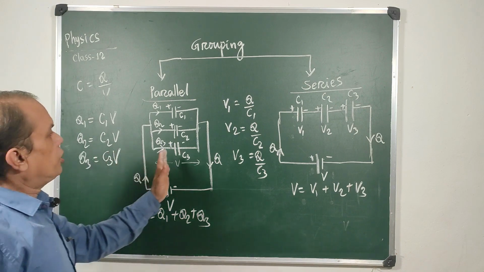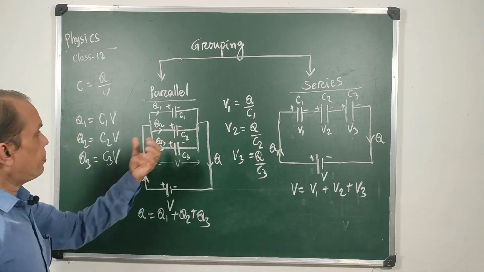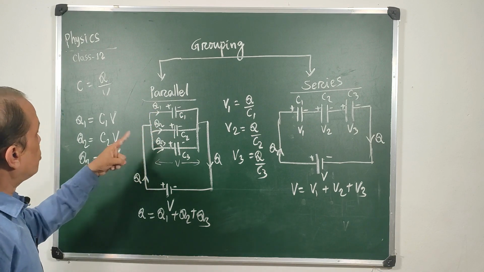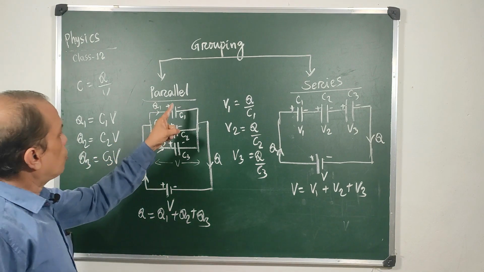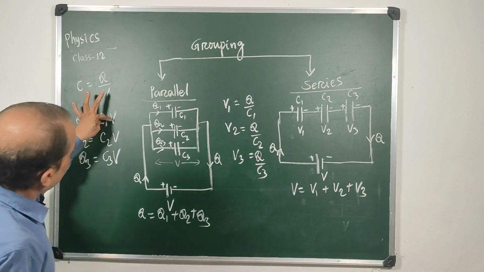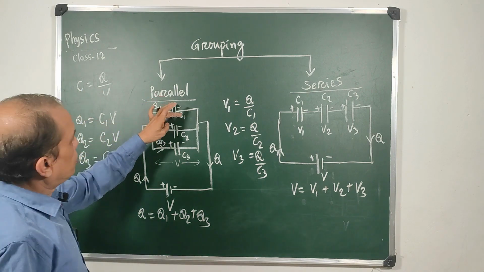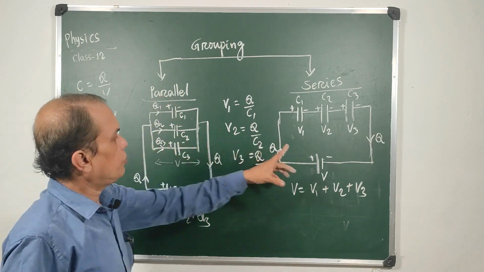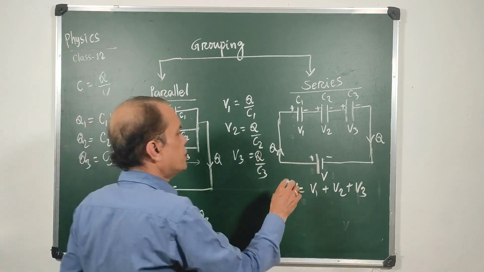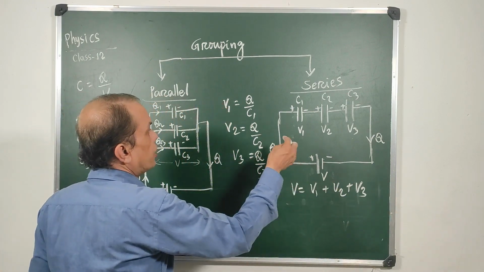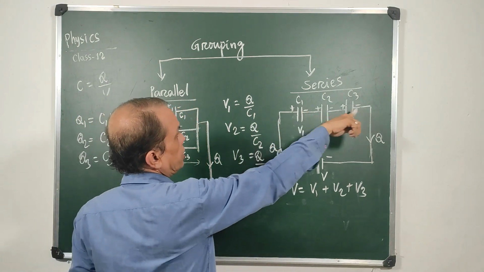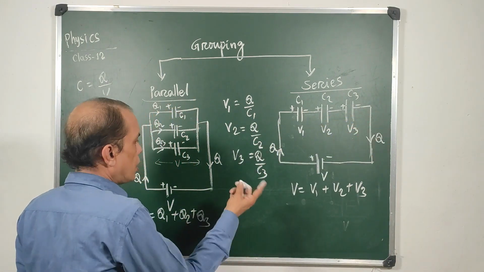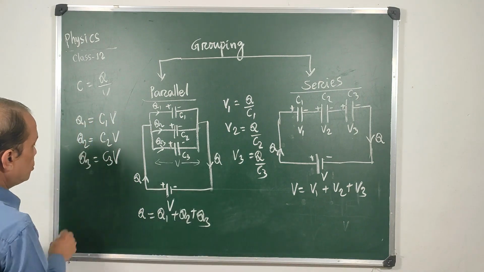Means if we compare these two, in the first, since the charge is distributed, we have three charges on the left side. Since the potential remains constant, we have V each, and the three capacitors are always different in both the cases. In this case voltage is distributed, so we are finding voltage from the given constant charge Q and changing capacity C1. So now we can put these values here.